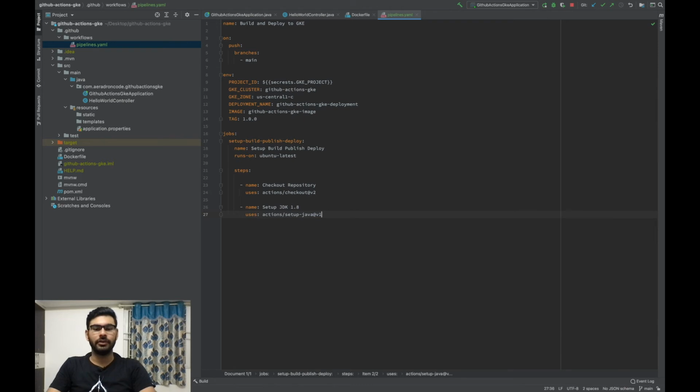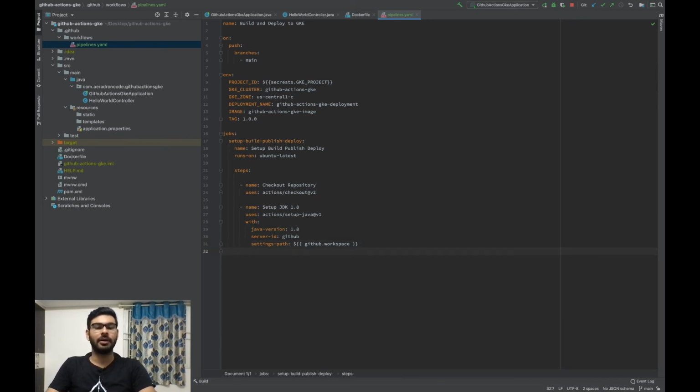After we define uses, we need to specify a few more parameters that it will be using. To define any parameter or specific conditions, we write the with clause, and inside with we want the Java version to be 1.8, the server ID is by default github, and the settings path is the workspace GitHub that we have defined here. So this is how you set up JDK.